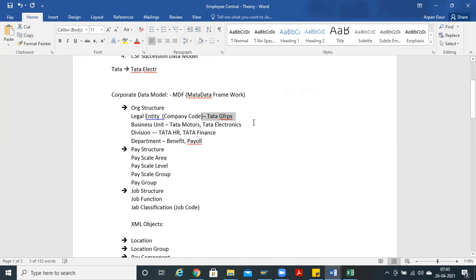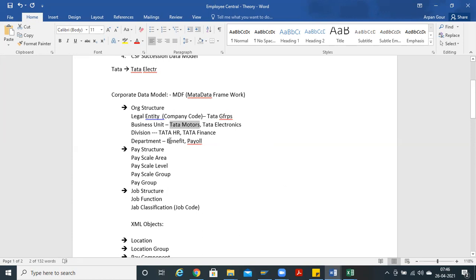Then Tata Group will have two business units or maybe three, one to many. This is not only in SAP HR. If you go to core HR also, it will be like an org structure. The main org unit will be this, and under that you will have motors, electronics. In one business unit they may have one or more divisions.